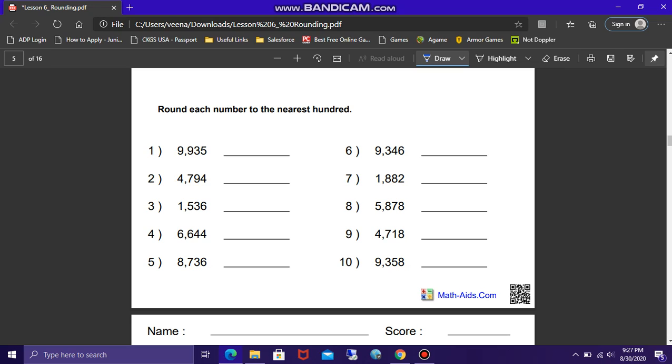5 is equal to or greater than 5, so that would round up, which would be 940. 4 is not great enough, so that would go down, making it 9,900. For this one, the 4 doesn't really matter because it rounds down. 790, the 9 does round up, making 4,800. This would be